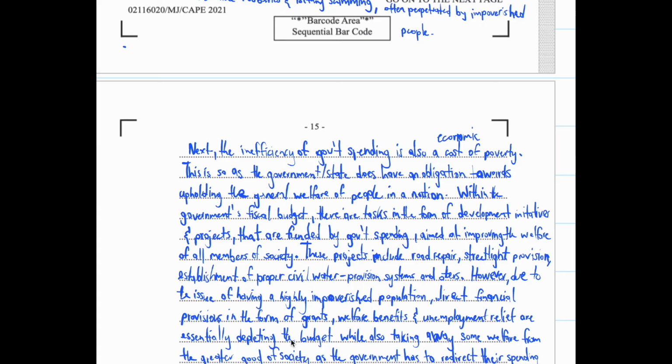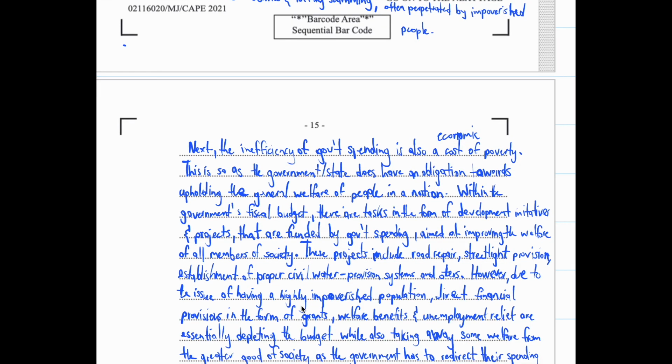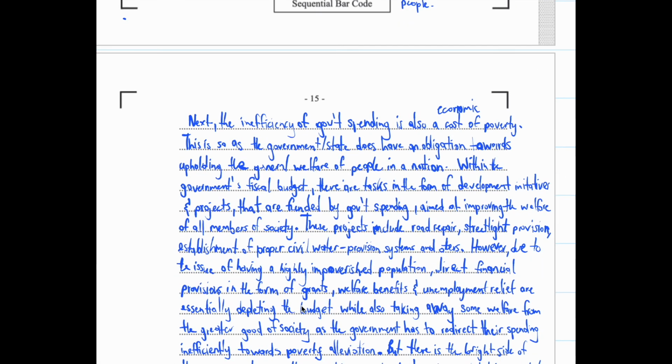So we see welfare benefits coming out, unemployment and all that. People would be poverty stricken by even the pandemic, and this is also true in this scenario as well in terms of poverty. So being poverty stricken forces the government to actually assist if there's so much of the society suffering from it, and it depletes the budget while also taking some welfare away from the greater good of society, as the government has to redirect their spending